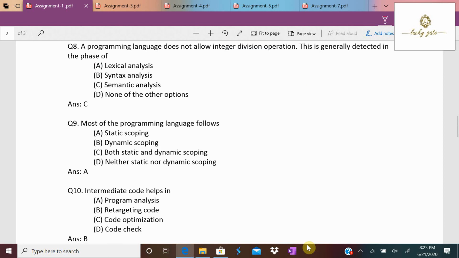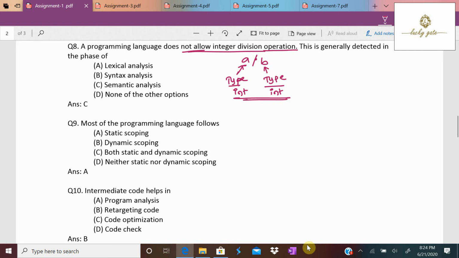Question number 8. A programming language does not allow integer division operation. This is generally detected in the phase. Suppose I am performing A divided by B. It has to check the type of A, and also the type of B. If both are of type integer, it should not be allowed.